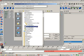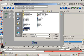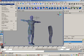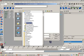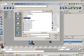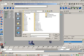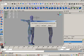Import. Star periods. Hand final. Error reading file. Okay, so open scene. Hand final. So you should have a hand final too,